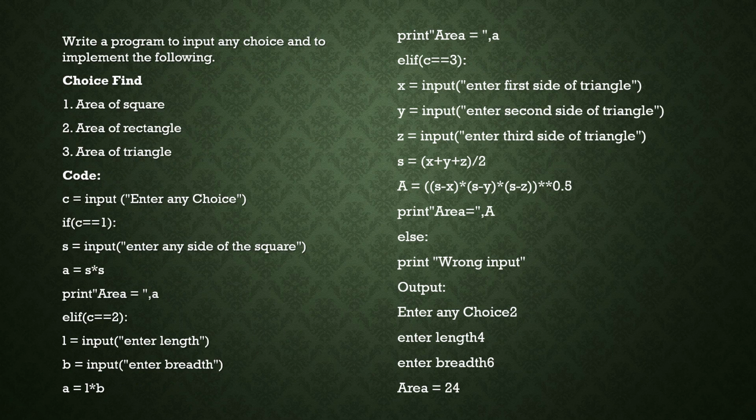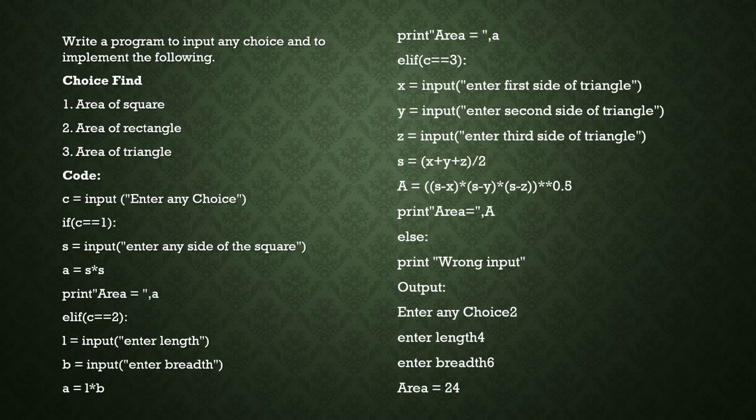See, whenever you are using the first choice, area of a square, we need to access only one side, or only one input variable. In case you are using a rectangle, two things should be inserted, that is length and breadth. If you are using area of triangle, three things should be specified. That means three things, or we can say half, breadth and height also we can use.